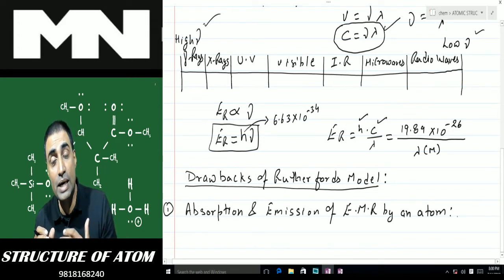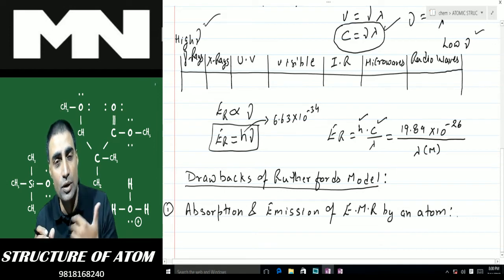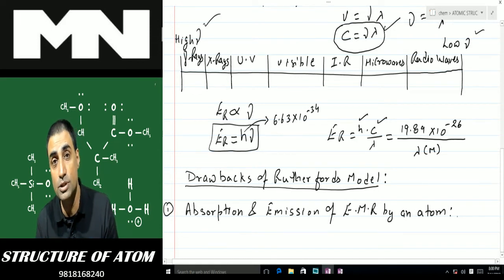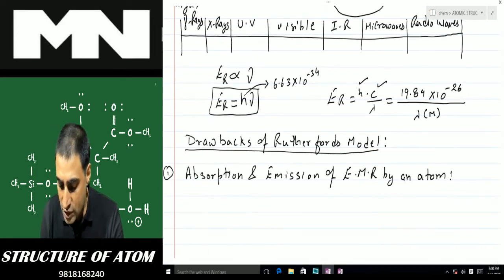And in the night, what happens? Earth re-radiates or emits that radiation out. Now, how do atoms have this capability of absorbing energy and then re-emitting energy in the form of electromagnetic radiation? Rutherford could not explain that, the absorption and re-emission of electromagnetic radiation. The second drawback of Rutherford's model